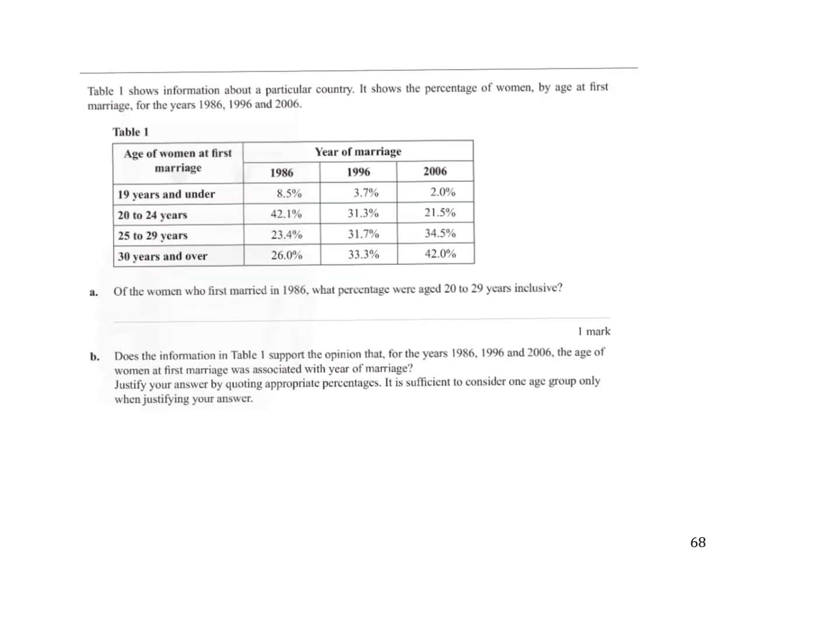Of the women who were first married in 1986, so you're only talking about these, what percentage were aged between 20 and 29? So they've already done the percentages there. So you just have to do this percentage plus that percentage, because they incorporated two categories there. So you've actually got 42.1 plus the 23.4, which equaled 65.5%. Okay,